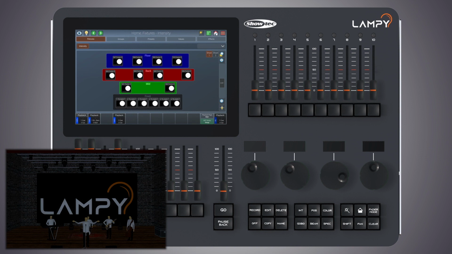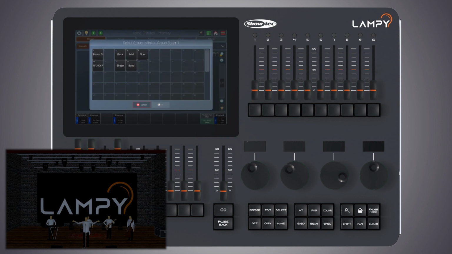There are multiple ways to assign groups to a group multifunction fader. You can either assign pre-recorded groups or record a new group while assigning the group to the function fader. To use a group that already exists, simply press the Edit button on the front panel of the console, followed by the multifunction faders button. You can select a group from the dialog that opens. You can also select multiple groups, which will be assigned to the faders one after another.